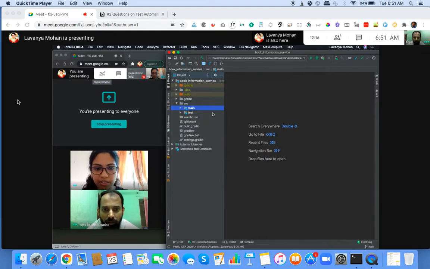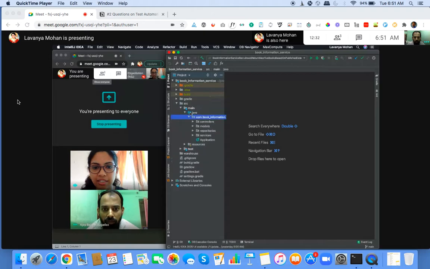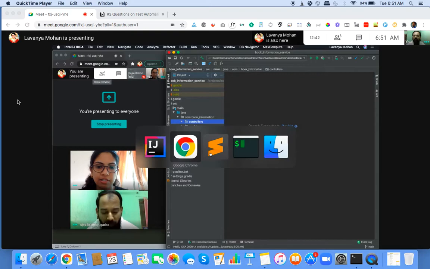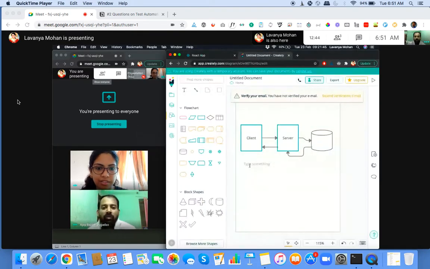Now, let's say that our developers tell us that they have written this in a Java Spring Boot application. And we can ask them, how is our code structured? Okay, there is a server-side component, but what are the different things present? So let's say that they say we have mainly these four things: controllers, models, repositories, and services. What do these things mean? Okay, so I'll just type it here.